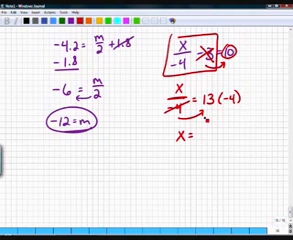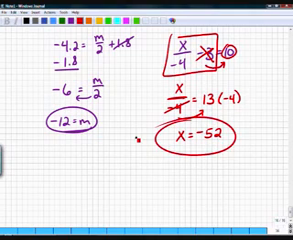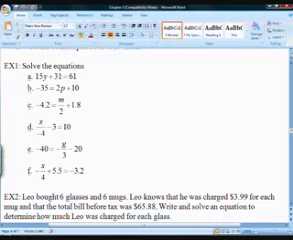X equals positive times negative is a negative. 13 times 4. 3 times 4 is 12. Carry the 1. 4 times 1 is 4, and 1 is 5, so 52. Any questions? Next one. Negative 40